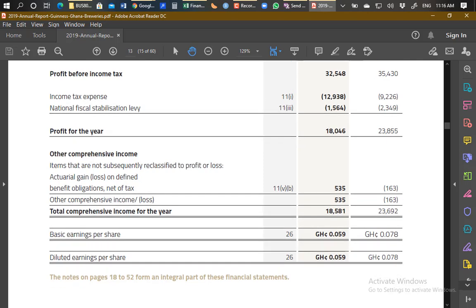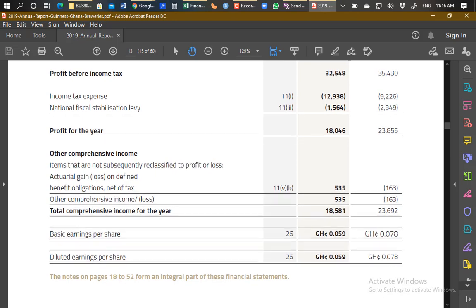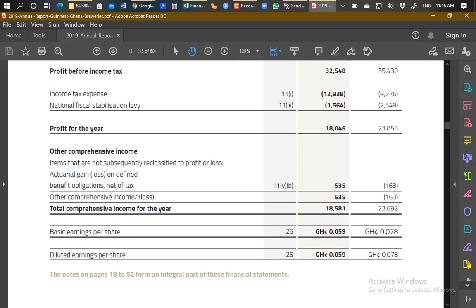Then they are showing other comprehensive income items that are subsequent. But basically this is where the statement ends. Profit for the year. Okay, so this is how a typical, these are other explanatory information. The income statement will end here. Profit for the year. This is how a typical statement of financial position of a company, of a manufacturing concern